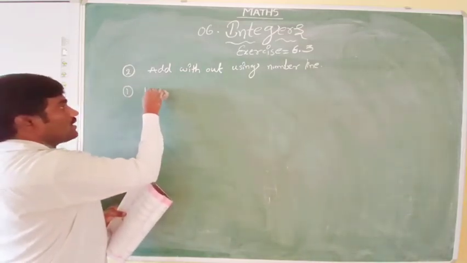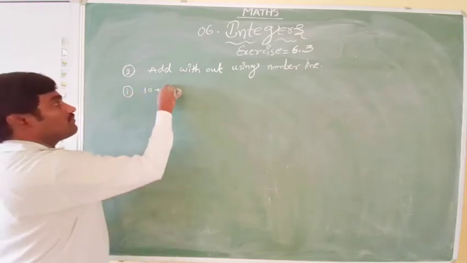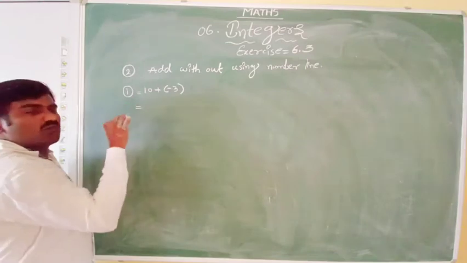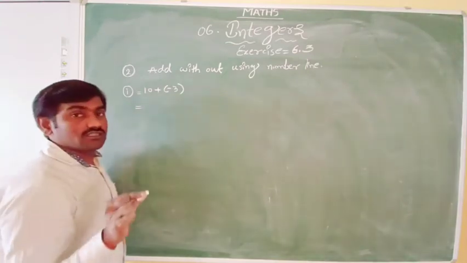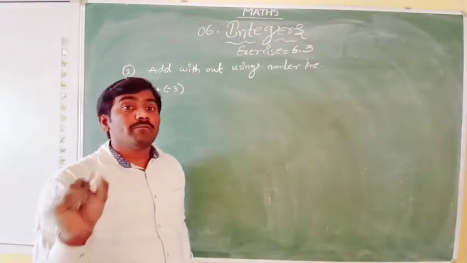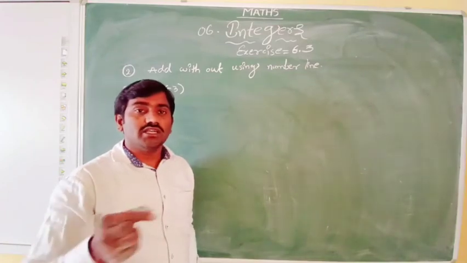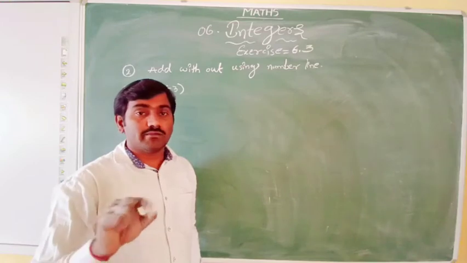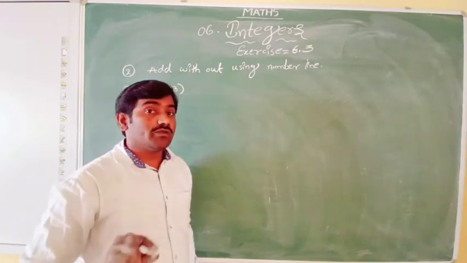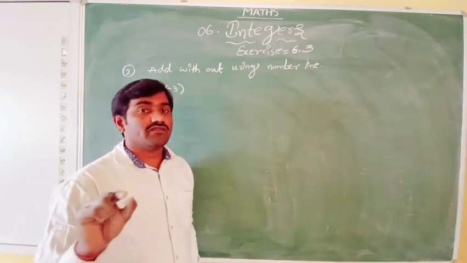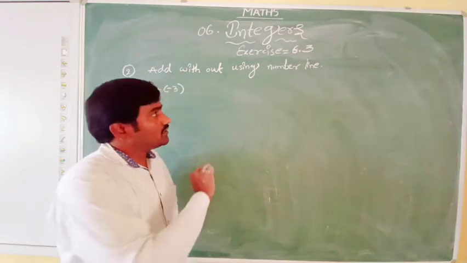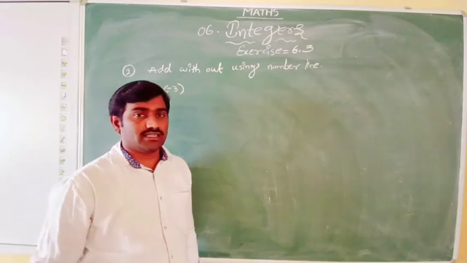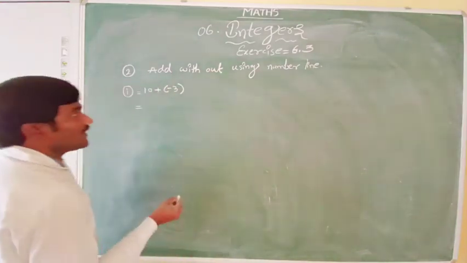First one, 10 plus of minus 3. This I have already explained before, in basic operations of integers. You must watch the video, basic operations of integers, in my channel. It is there in the basic classes playlist. Okay, that you need to observe. Basic operations of integers, if you see, there will be no doubt; in 6.3 and 6.4 I have done it completely there itself. You will get more idea about that.